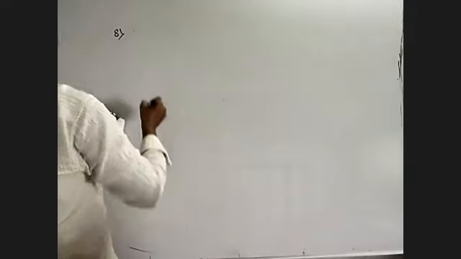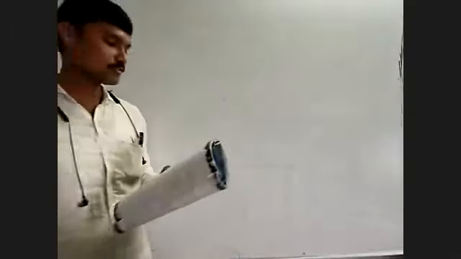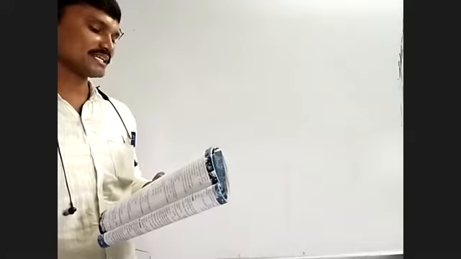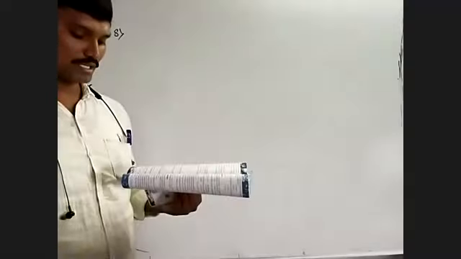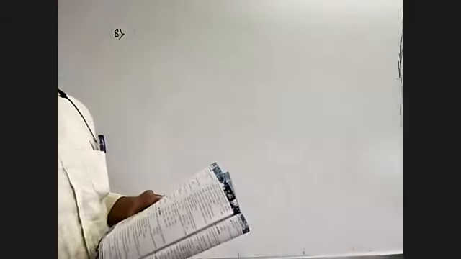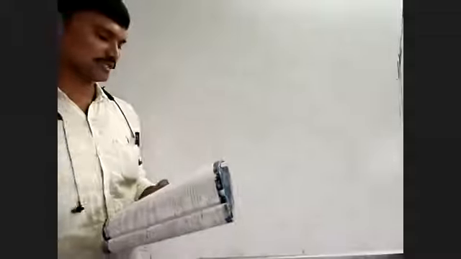Okay, bit number 7. Look at 7 directly, that is the first option. It burns when heated in air. 7th one. Which property of white phosphorus is common to red phosphorus? He is asking for one property common to white phosphorus and red phosphorus. Here 4 options are given, page number 114, bit number 7. So it burns when heated in air. That is the common property of white and red phosphorus. So option 1 is correct. Okay. Bit number 7, option 1 is the suitable answer. Right. So go to 8.